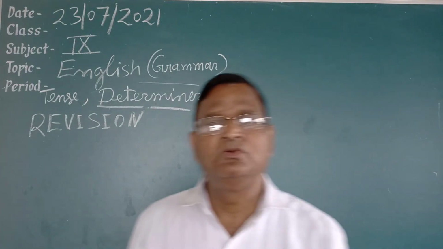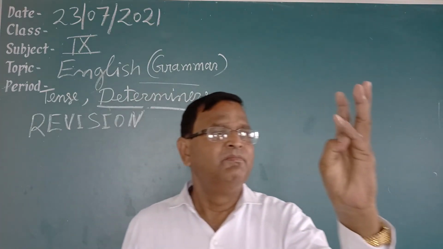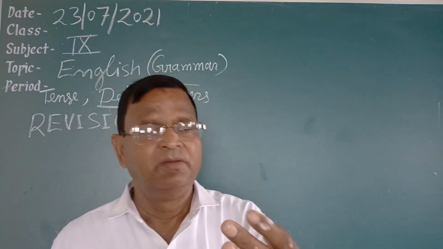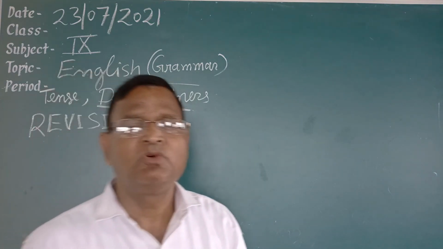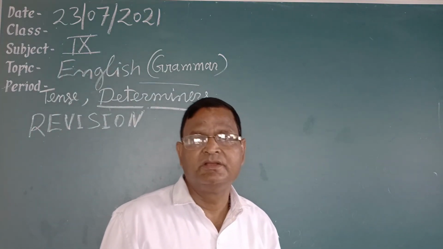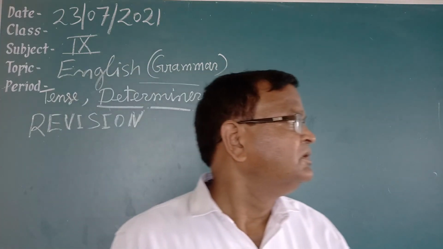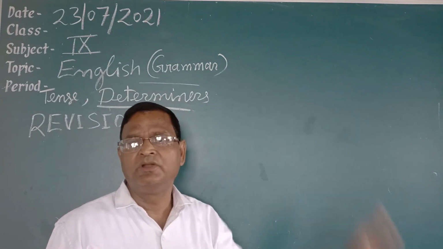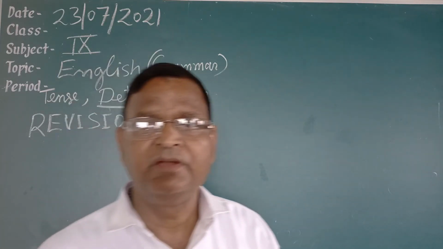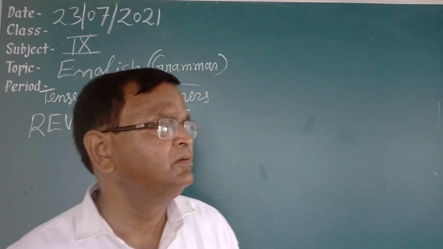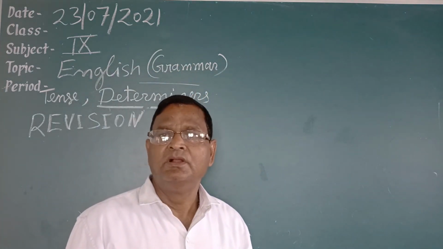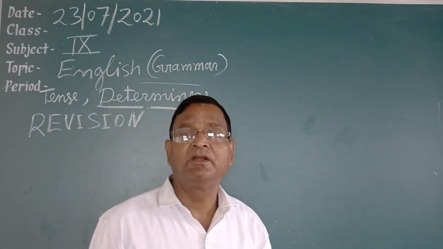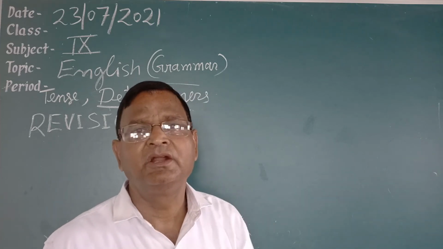In quantifier, I have told you several, many, much, a few, the few, little, a little, the little, some, etc. Some quantifiers are used for countable nouns, just like some boys, a few. Several is used for countable. Many is used for countable. And some are used for uncountable, just like much, little, a little, the little. Some is also used for uncountable: some milk, some money.